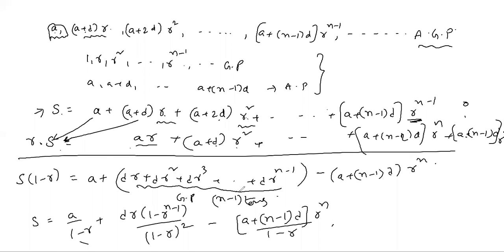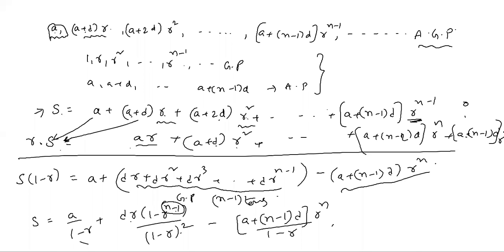Infinite means infinite only you will get. Here you won't get this term also, so directly you can simplify it. N minus 1 terms means Sn for GP, A into 1 minus R power n by 1 minus R. Here we get only n minus 1 terms, so that's why I'm taking n minus 1 only. Suppose infinite terms, it means A by 1 minus R, simply we will get it. So that's why my suggestion is just remember the process. What is the process? You have to multiply with the common ratio.